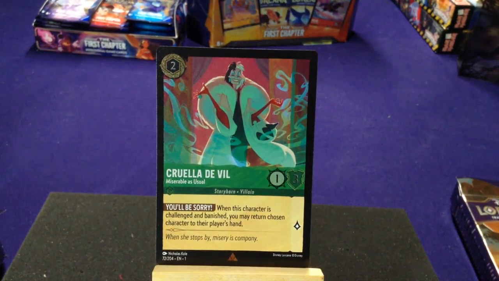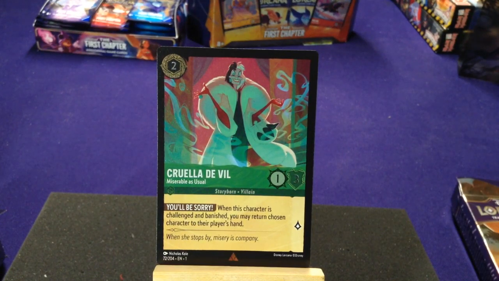So we have Cruella de Vil, Miserable as Usual. This is our Emerald colors, our green. Storyborn and Villain. You'll be sorry: when this character is challenged and banished, you may return chosen character to their player's hand. So this is a neat effect because it means if she loses, which she doesn't have a lot of defense, so she's probably not going to last very long,